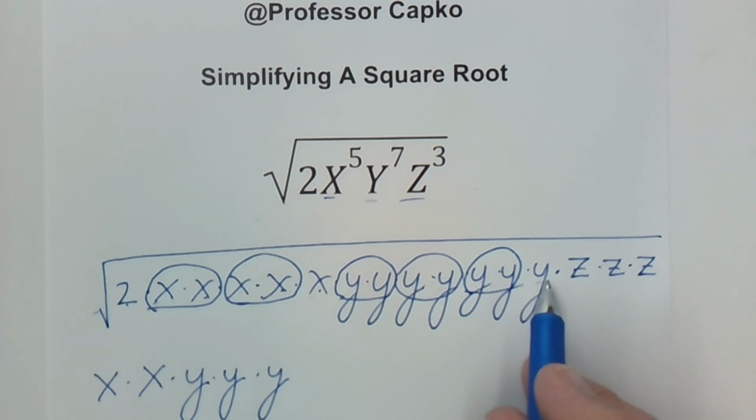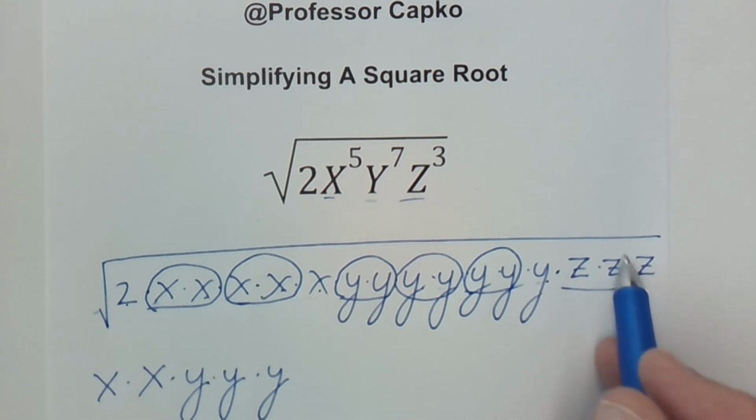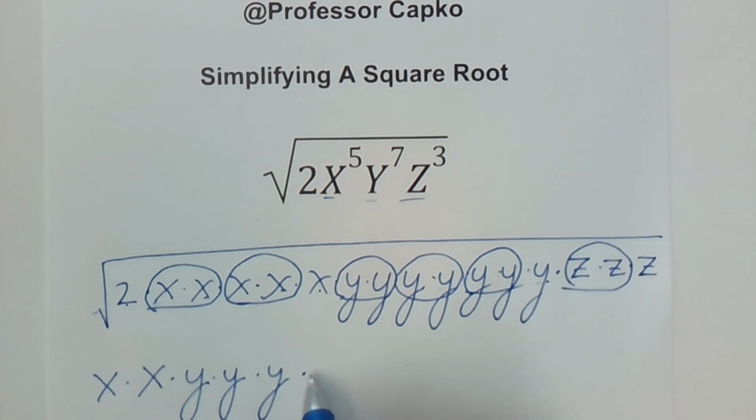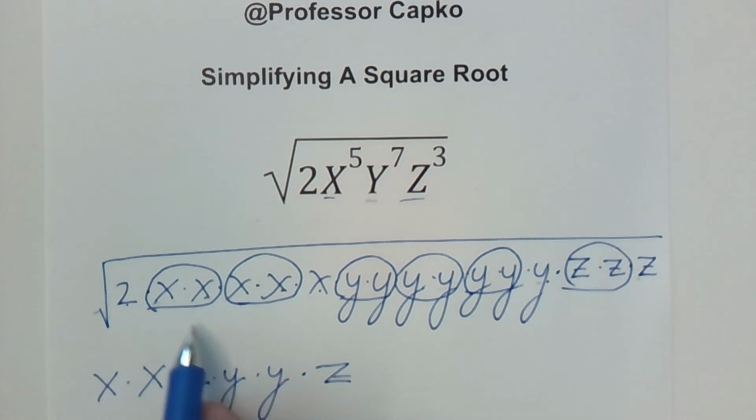I've got a single y here. It does not have a mate, so it does not come out. The next thing, I move on to the z's. I've got a pair of z's here. I circle them, I multiply it, and that is a z. There's a single z here, so that does not come out. So I've circled all the pairs, so I can now put the